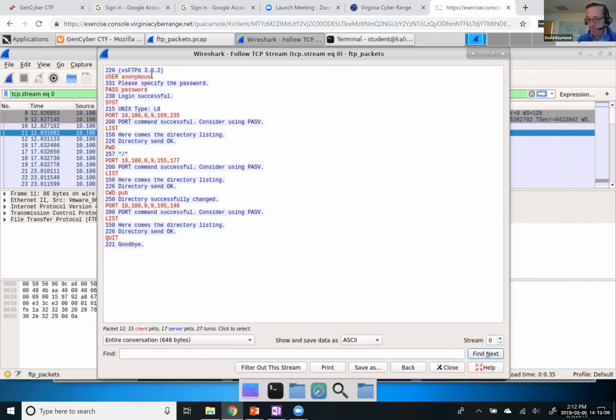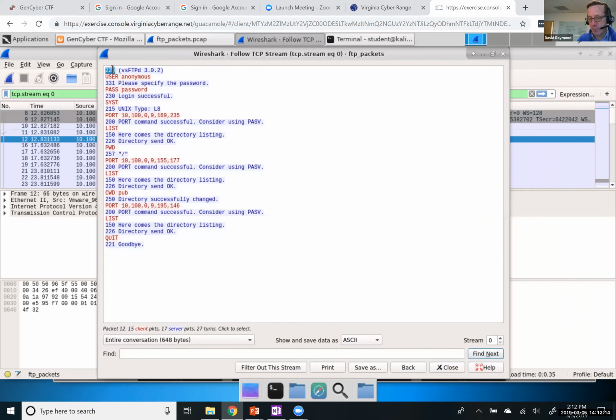In FTP, same, right? So you have this 220. Basically, that means I'm answering your connection request, and I'm ready for you to try to log in. Now the client would type in their username, anonymous in this case, and then the server comes back with please specify the password. On the client side you'll get a prompt to type in the password. You type in the password, it's sent, and if those are valid, then you get this login successful response.